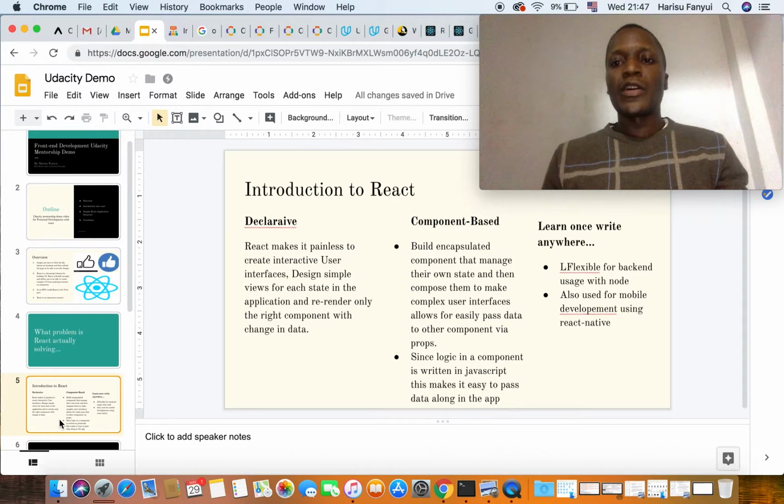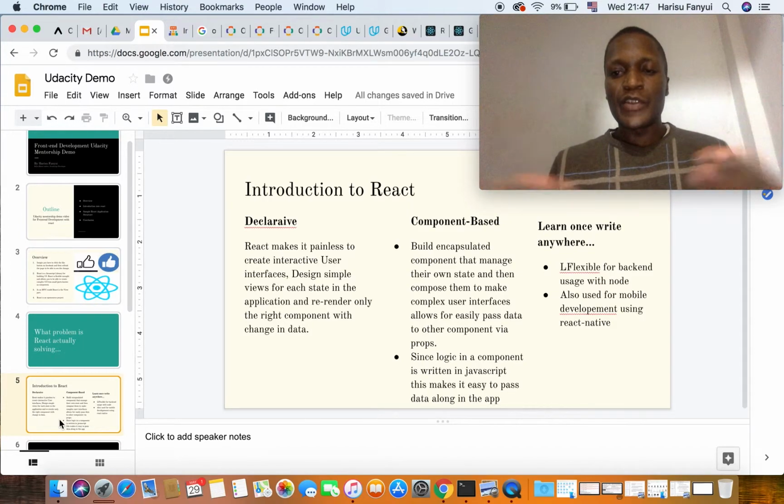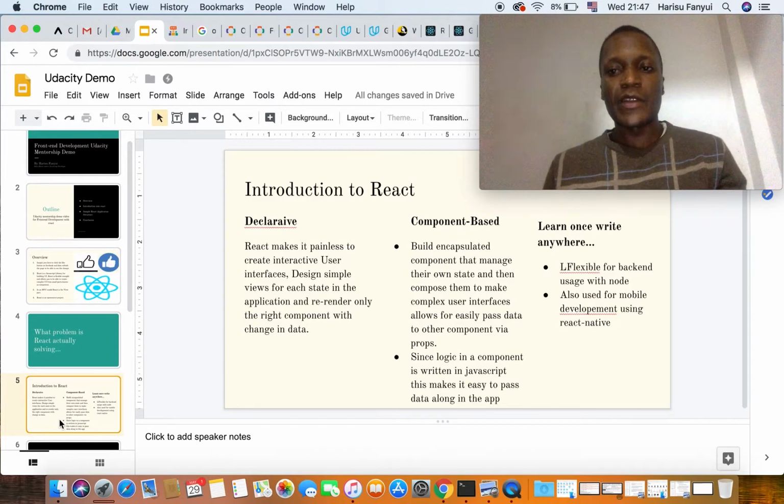Since React is component based, you can write multiple of these same components in various other location files. Then each component manages only a state. So when the data supplied to that component changes, we expect only that component to be re-rendered to our DOM, and not the whole page being rendered just because a small like button has been clicked. That's really going to waste resources that we don't have, and time that the user will not have